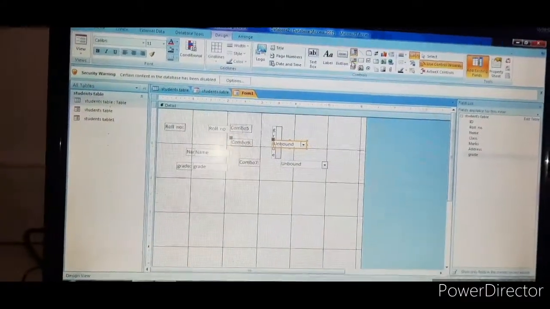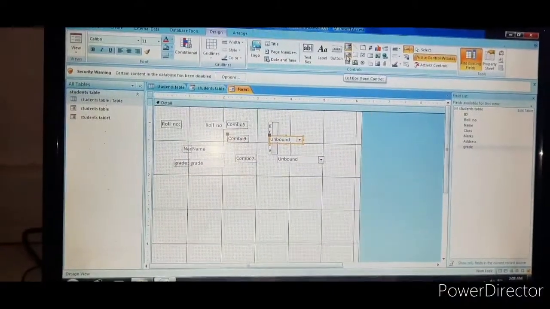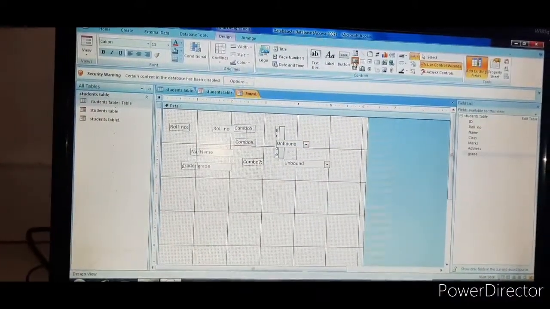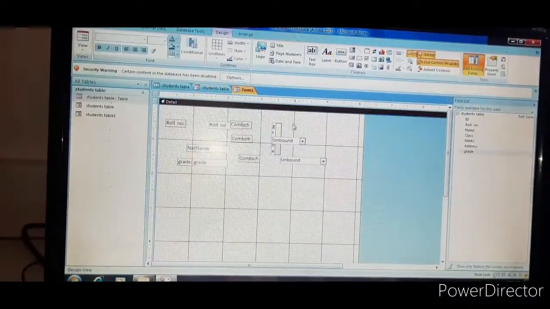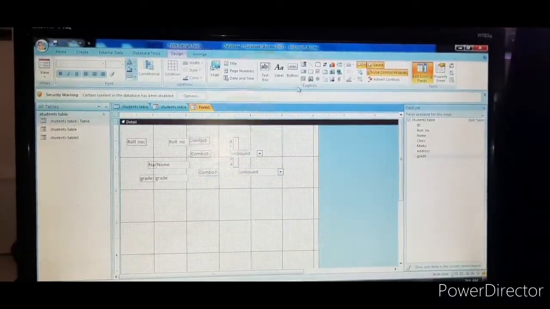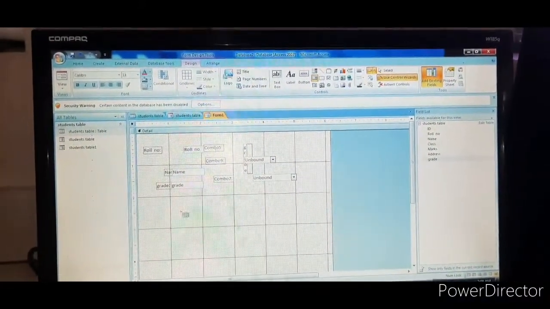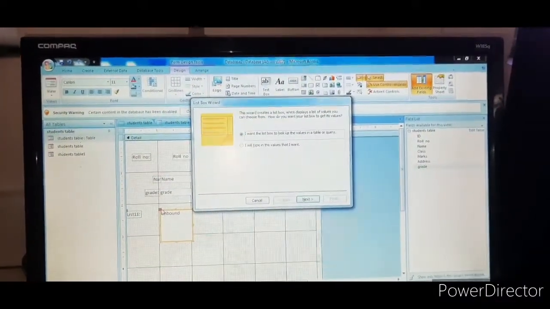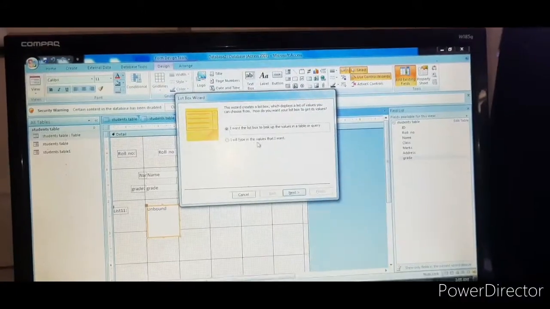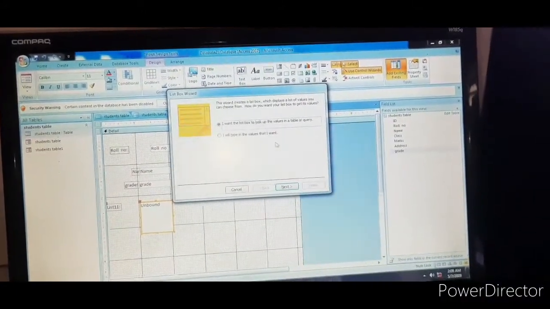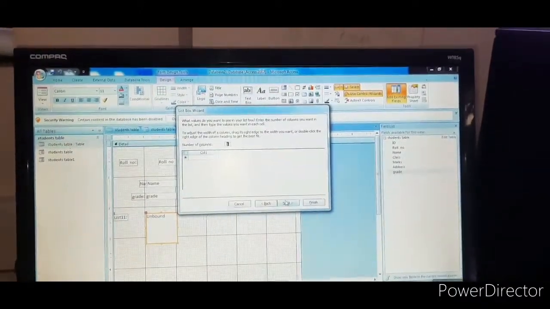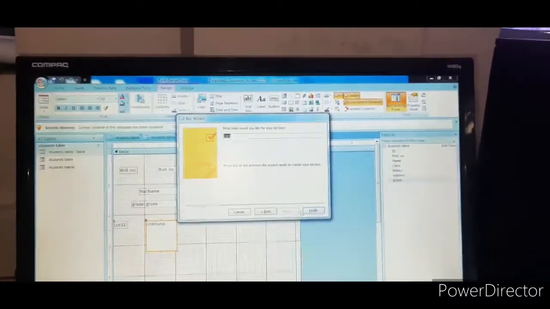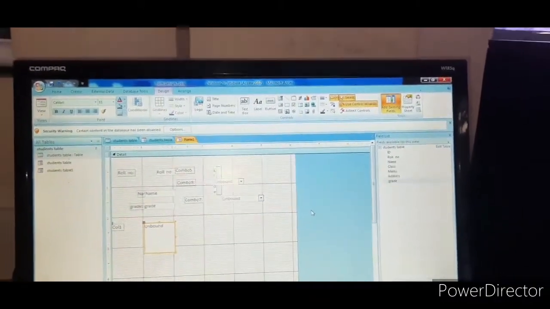This is the combo box now children. With this another one is there, that is the list box. See, the next icon is called the list box. What is that? List box. Just double click on it. Else click and drag till here wherever you want. Unbound box is there, no? See this one. Just click on it, there you want. Here list 1 is there. I want to type subject marks. Just click on next, column 1, column 2 like that. Next, just click on finish. And like this it will come.